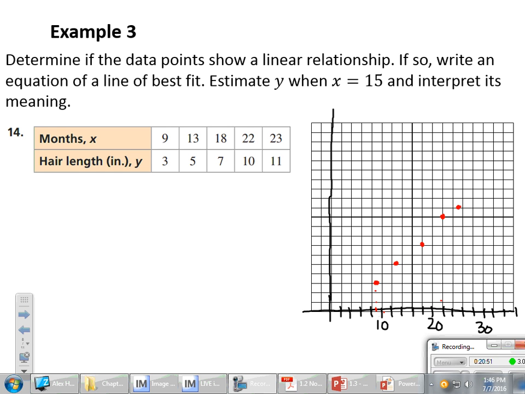So right there. And this is going to be kind of tricky for me to do on the smartboard. But I'm going to see if I can find a line that approximates that data pretty closely. I'm going to sketch in a line of best fit. And now to find the equation of this line of best fit, what we need to do is find 2 points on that line that appear nice to work with on our grid. And I'm not really coming up with any incredible winners here, but maybe